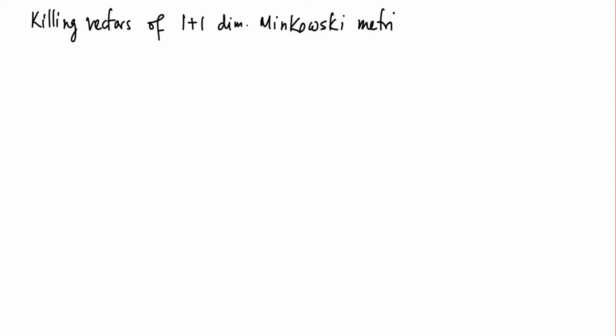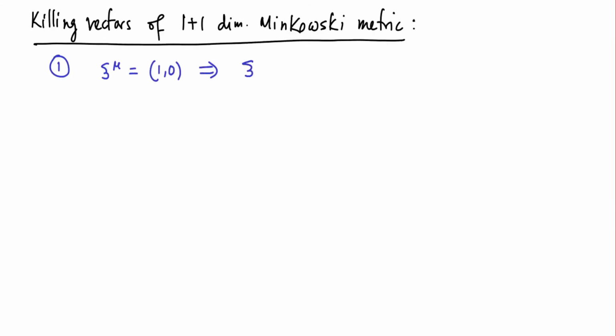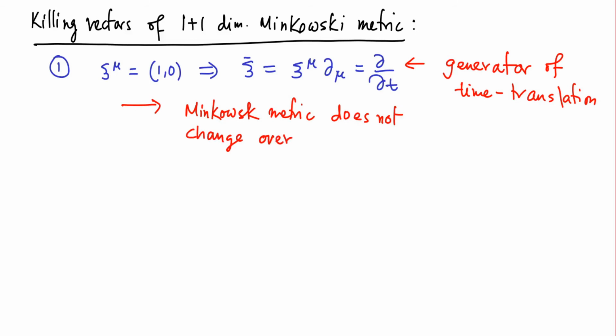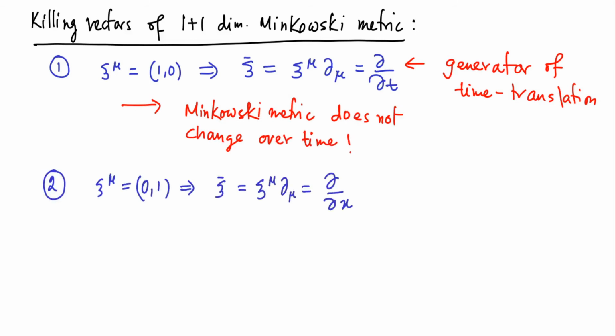In 1 plus 1 dimensional Minkowski metric, there are three linearly independent Killing vectors, and these are the generators of time translation, the spatial translation,